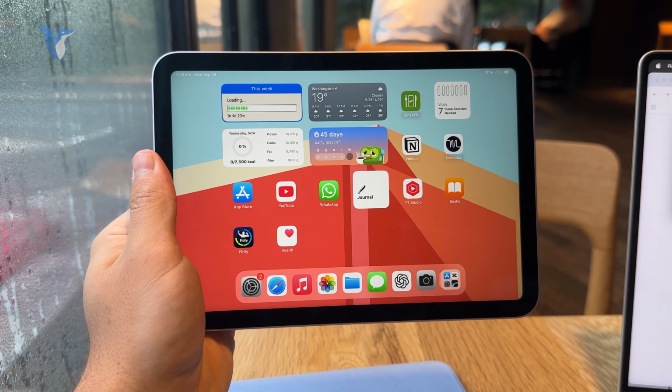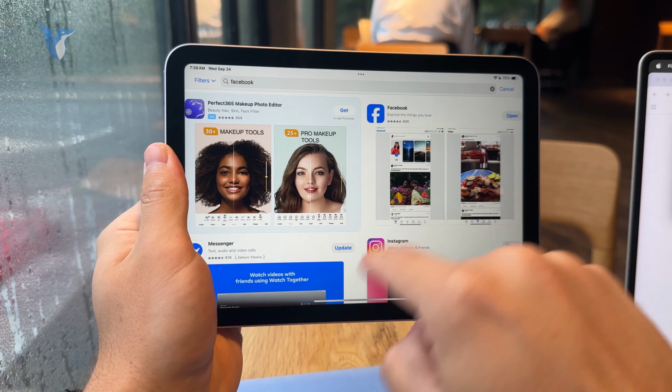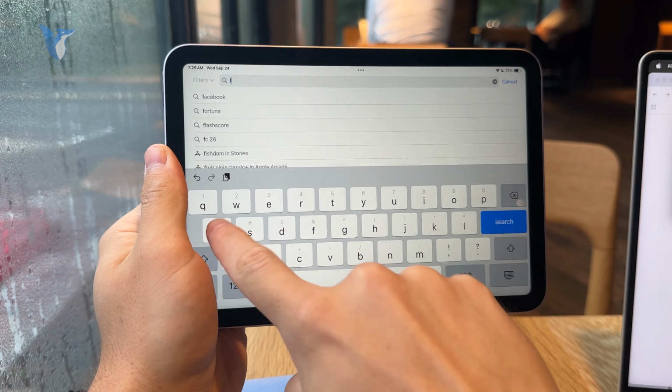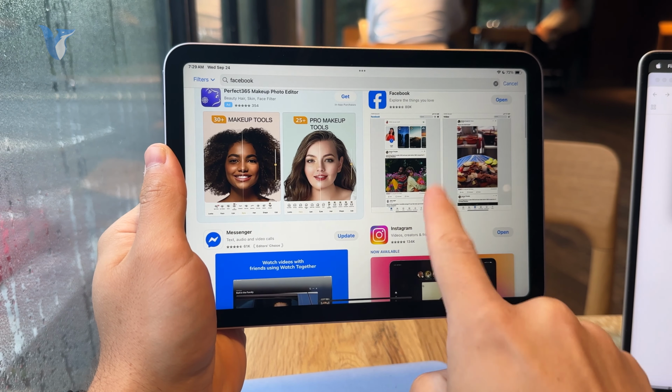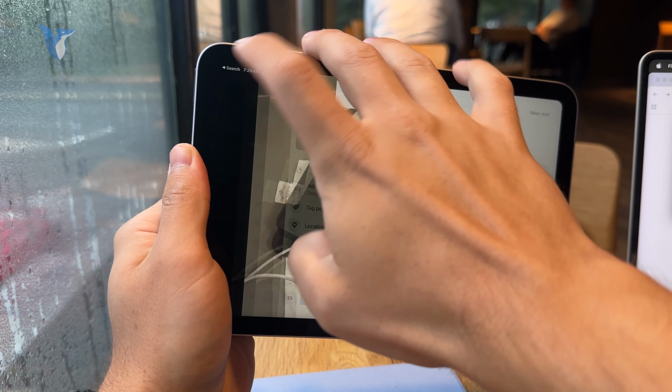Now, you need to ensure that your Facebook runs the latest version of the app, so you can go to the App Store and look up the Facebook app to see if an update is available. If there is, ensure it's updated. Then just open up the app, ensure that you are signed in and everything is ready,